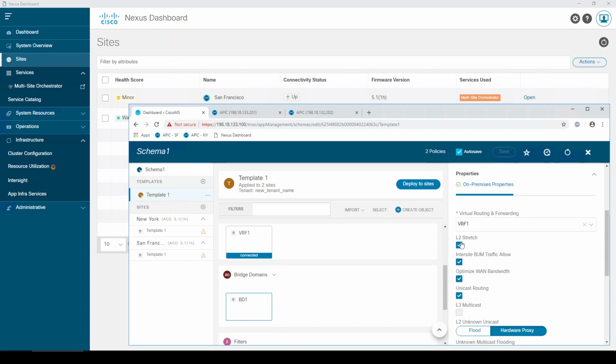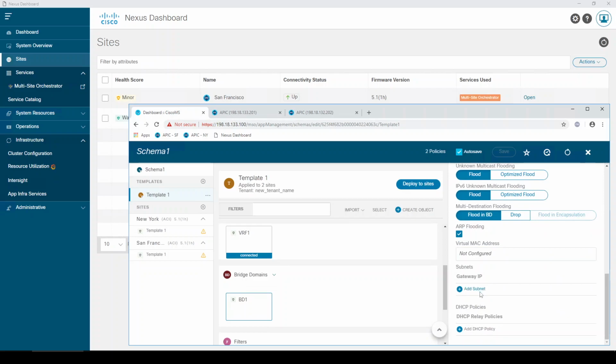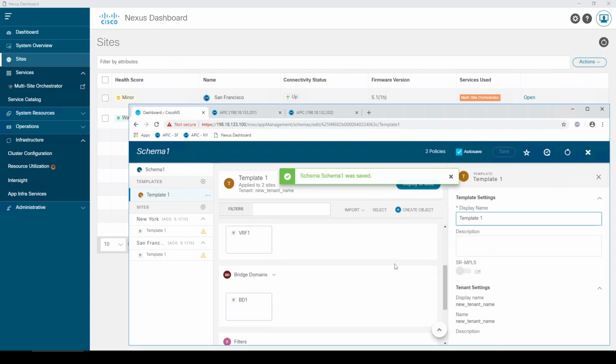Since I did configure L2 stretch, I'm going to go ahead and configure a shared subnet gateway. So we'll just call this 10.10.10.1/24 just for kicks. Okay, and save those policies. Now, if I want these policies to be pushed to both sites, then I join this template to both sites